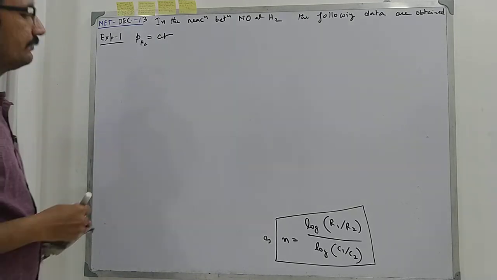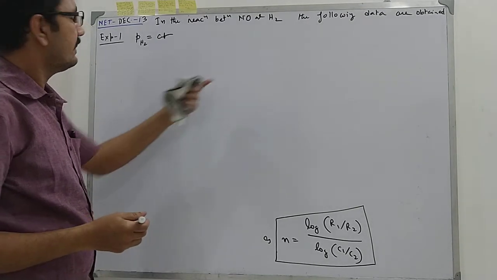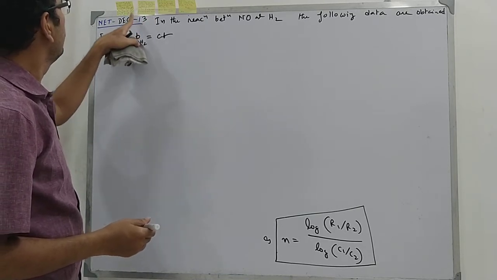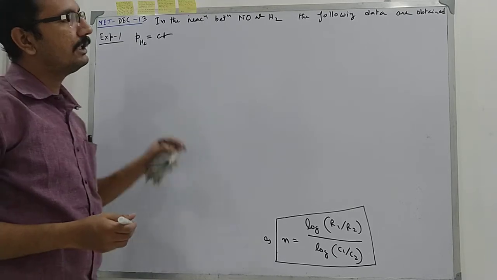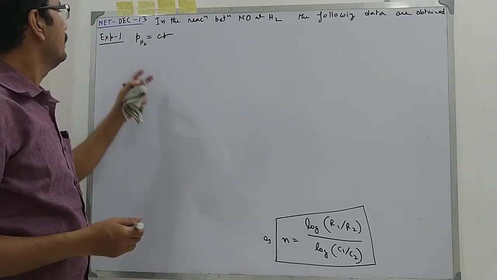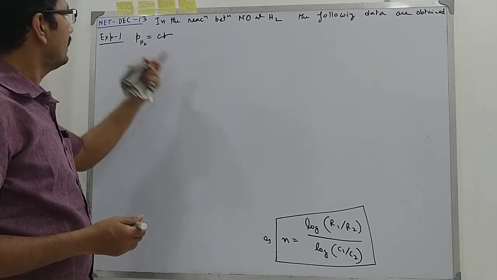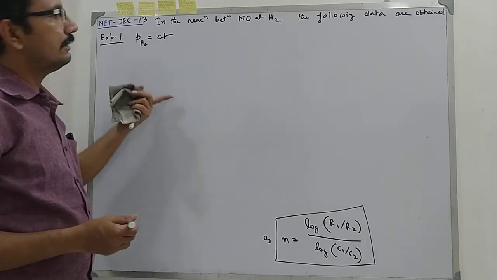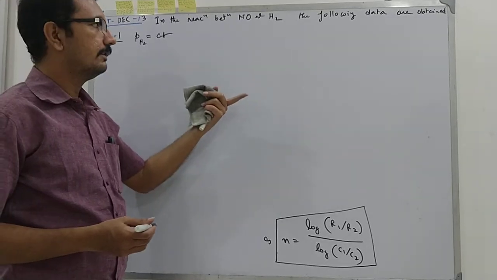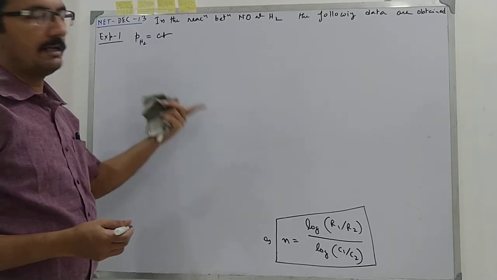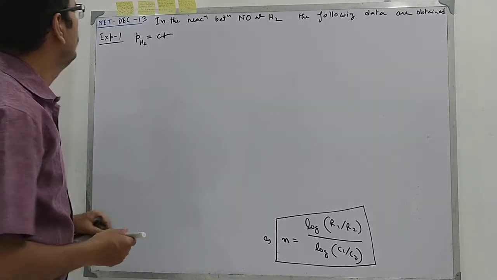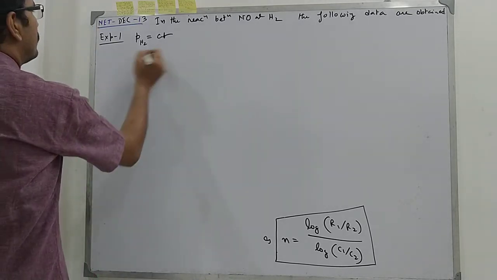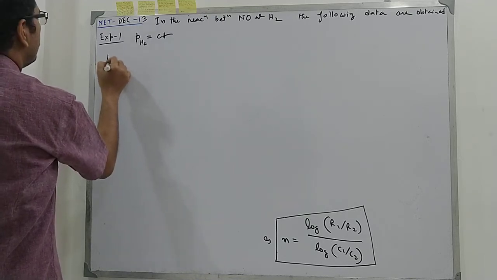I have shown you in the playlist Chemical Kinetics, you can find it, that to find the order of any reaction when there is more than one reactant, the technique is you must keep the concentration of one reactant constant and you double or triple the other component, and then you follow what is happening to the rate, and from that you can have the order for the reaction with respect to that reactant. So here also the same technique has been applied.